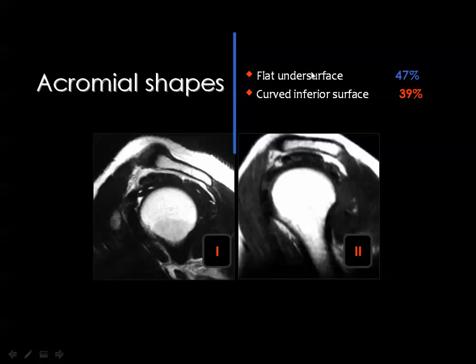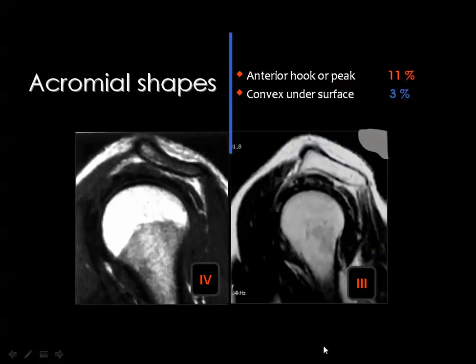The type 1 with flat undersurface, like this one, and type 2 with curved or concave undersurface. These 2 types are considered normal acromion shapes, and they represent the majority of the cases. Type 3 is an acromion with inferior hook, and this is a very dangerous acromion